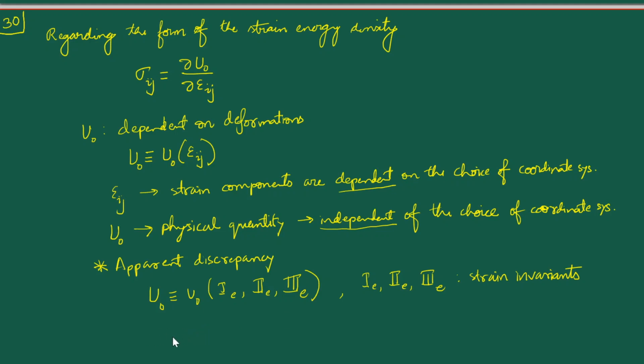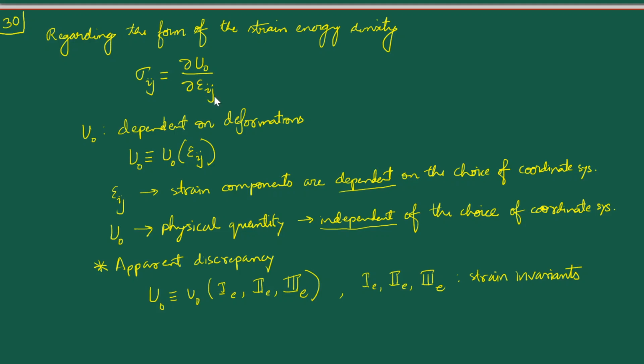Alright, so far so good. Now, imagine that we wish to capture the linear elastic behavior, which is quite common in many engineering systems. So we go back to our expression, sigma ij is equal to del u naught by del epsilon ij, and we think about it for a while. You note that